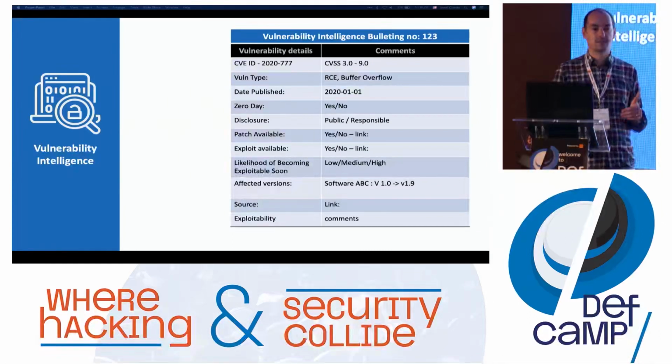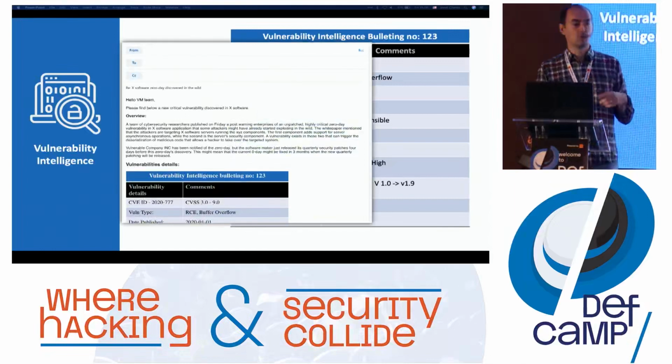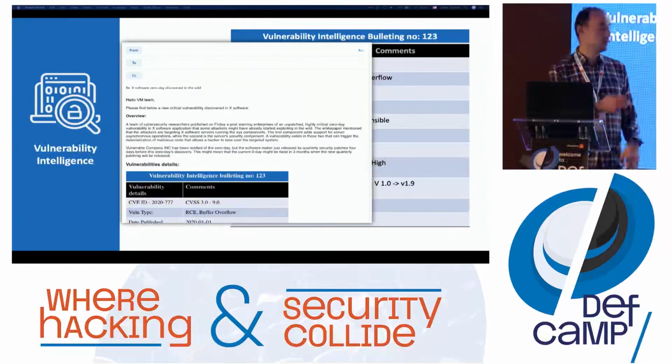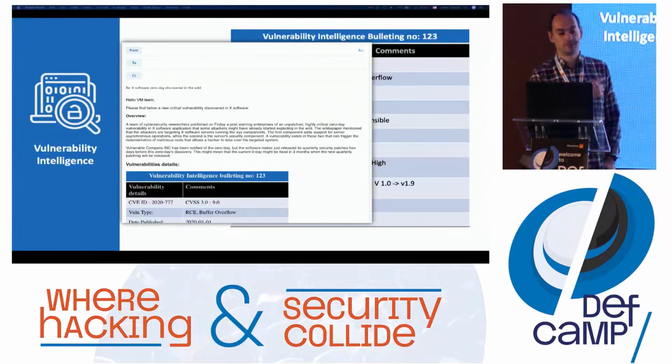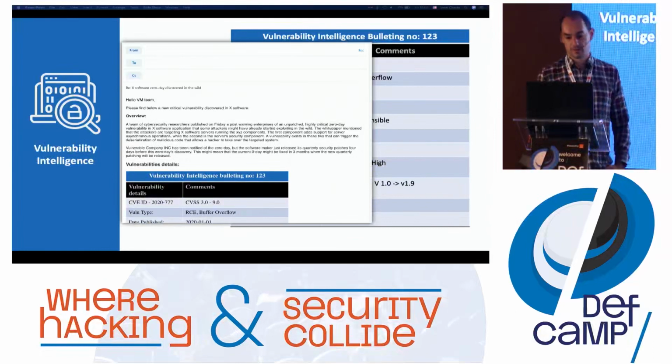Start small. Start with an Excel. Start with an email. Give them also an overview of what's happening and explain how this vulnerability that you're sending them is more important than what they already have in the pipeline. Again, requirements. If you know what your critical assets are, your software and hardware inventory, you can work on developing such templates for the critical assets that you have.